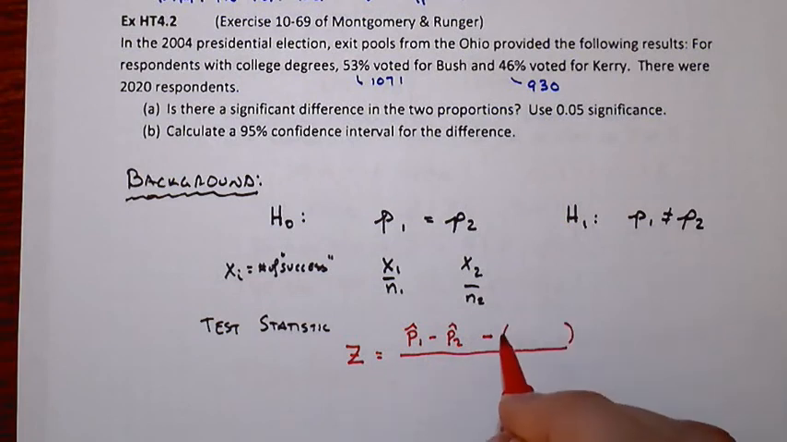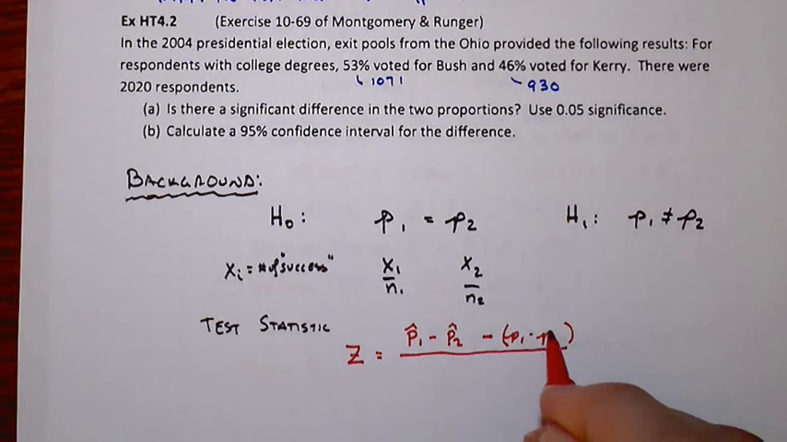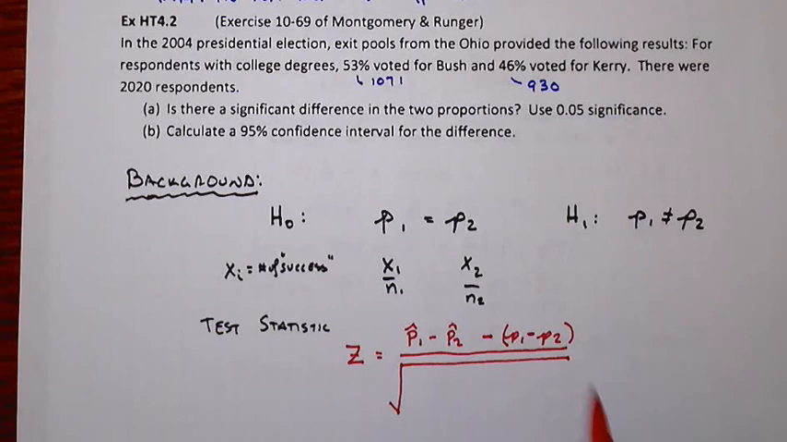So that would be the actual P1 minus P2. Right, this is general right now. Under this hypothesis test, of course, this would be 0 because we're testing that those are the same. Right, we'll simplify that here in a moment. And then we'll divide by a standard deviation. And in this case, then it's P1 times 1 minus P1 over N1 plus P2 times 1 minus P2 over